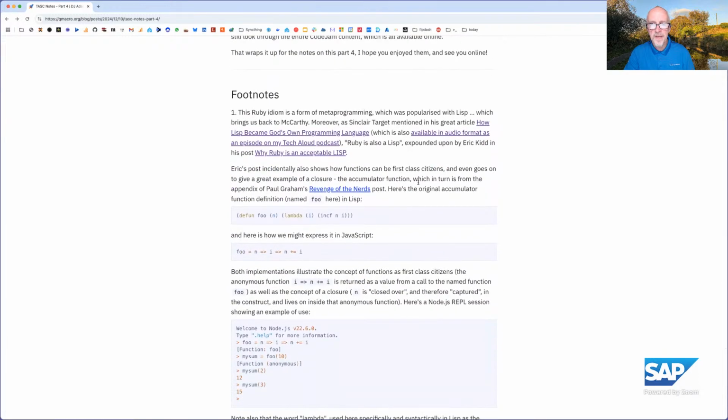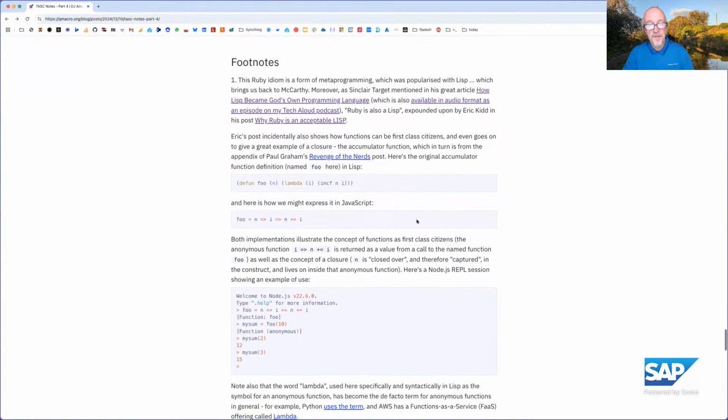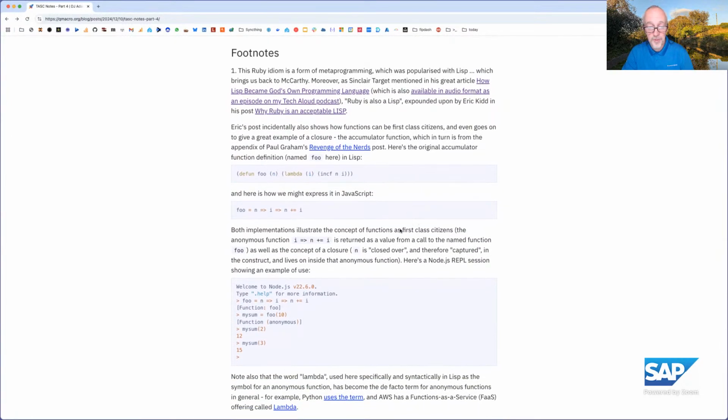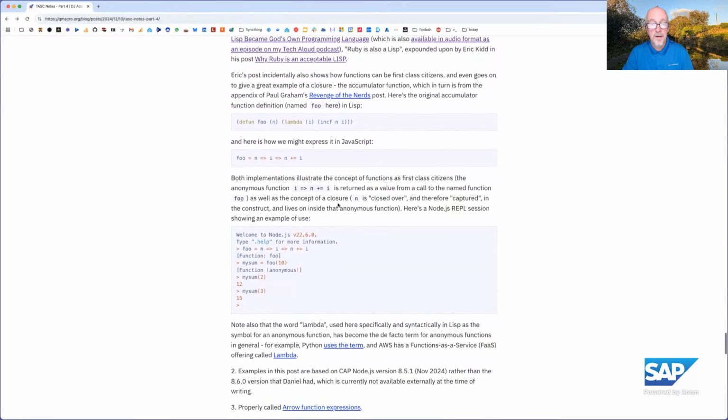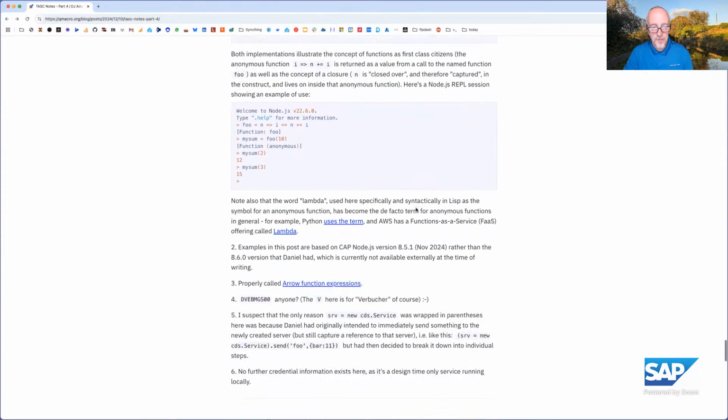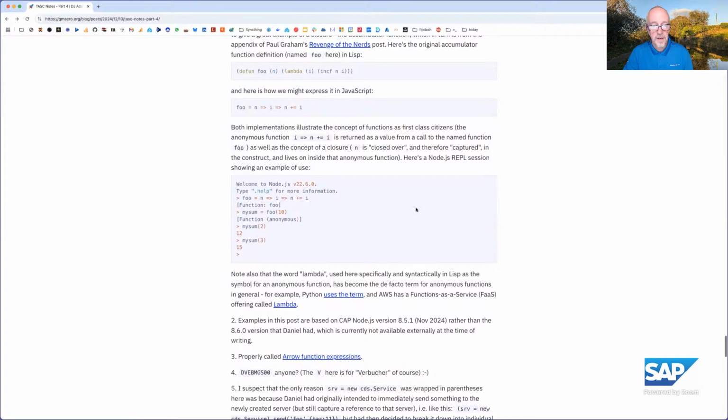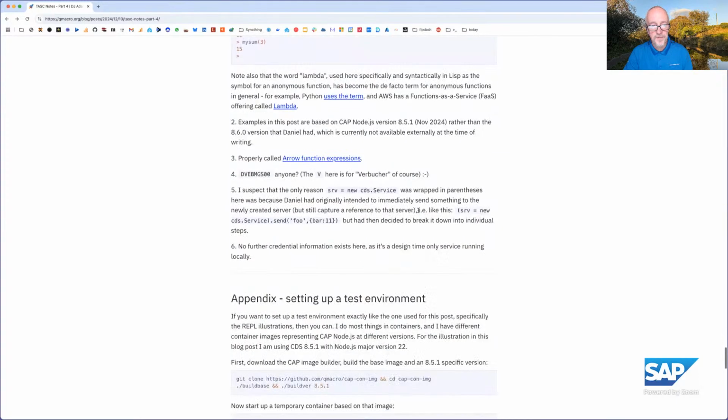Anyway, there's loads of footnotes. I go into a lot of detail, sorry, Daniel, about meta programming, and about lambda. Oh, here we go. This is where I talked about lambdas and about the fact that you can have closures. So I've given an example of what a closure is, how a closure works, because I am going to be talking about closures, I'm sure, a bit more. So this is a little bit of an intro to what a closure is, and then lots of different things. Look at that. That phrase will be forever embedded in my brain.